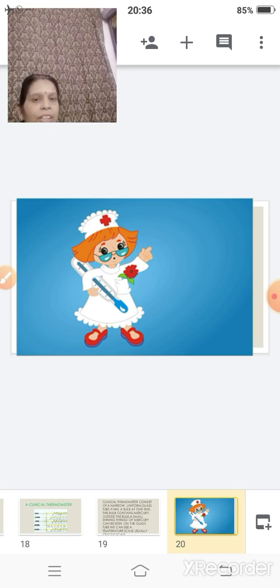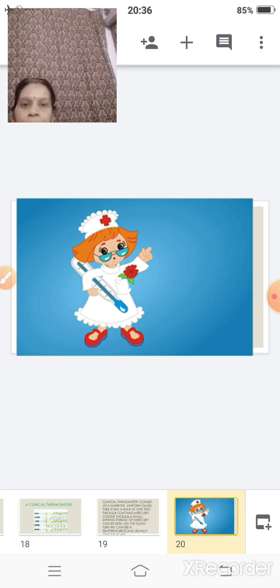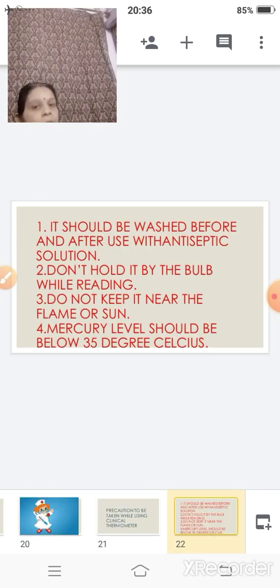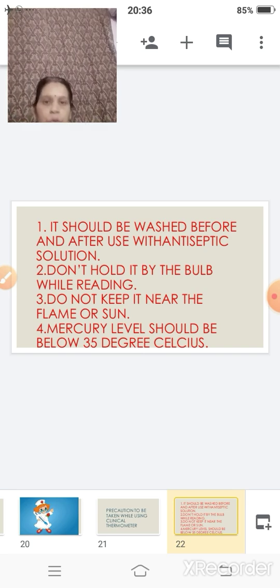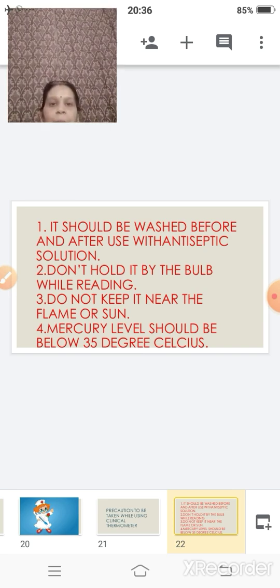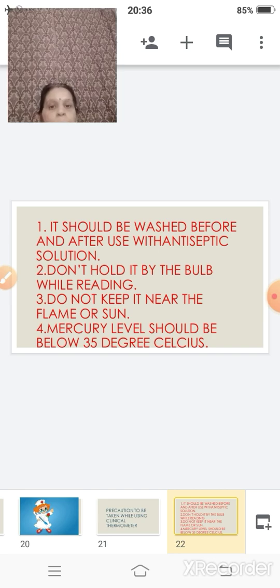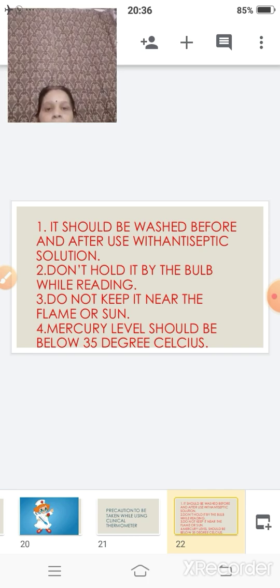Now here you can see a picture where the nurse is handling the thermometer in her own way. This is not a proper way to handle or carry a thermometer. So there are a few precautions which we have to take while using the clinical thermometer. First of all, it should be washed before and after use with the help of an antiseptic solution. Second, don't hold it by the bulb while reading. While reading, we should not touch the bulb. Third, do not keep it near the flame or the sun because it will break. Mercury level should be below 35 degrees Celsius. When we are using it, care should be taken that the mercury level is not above 35 degrees